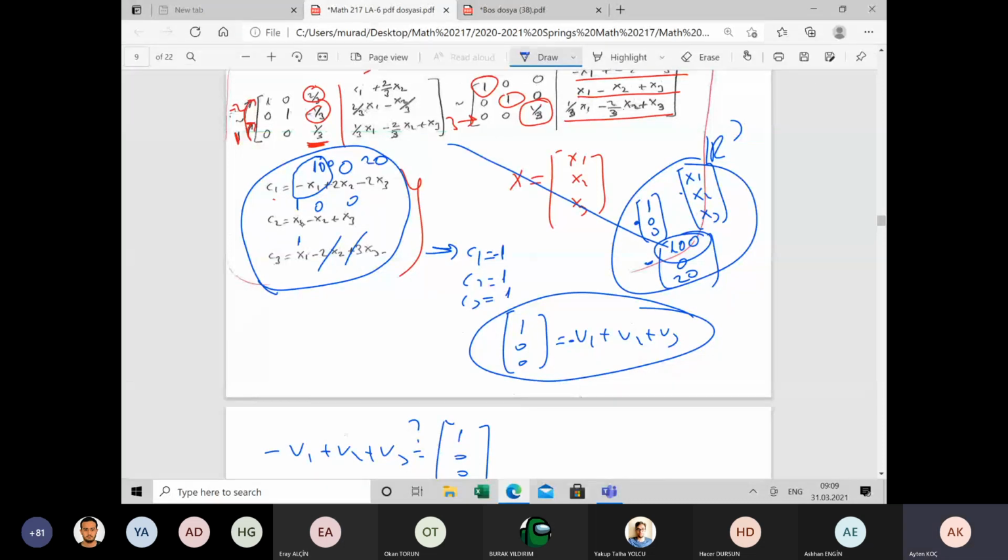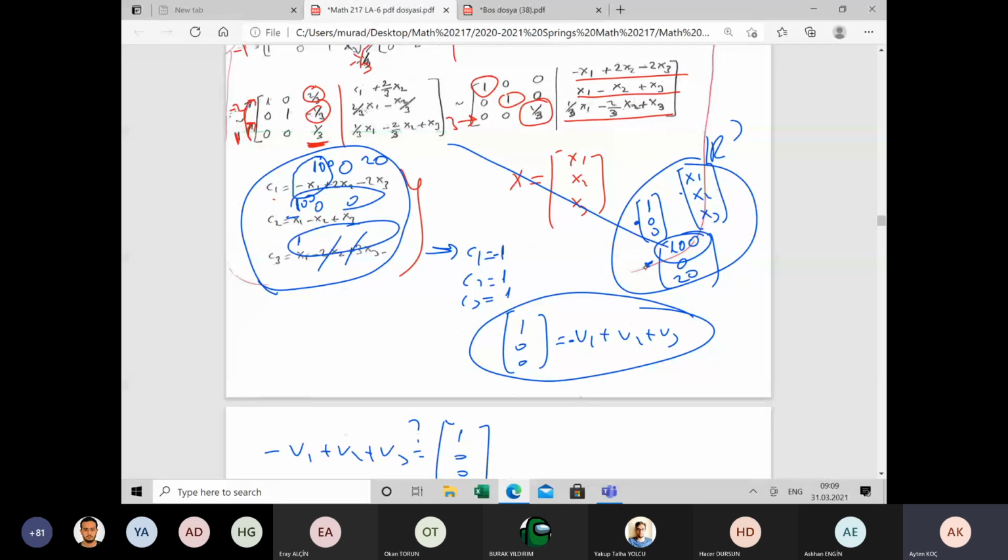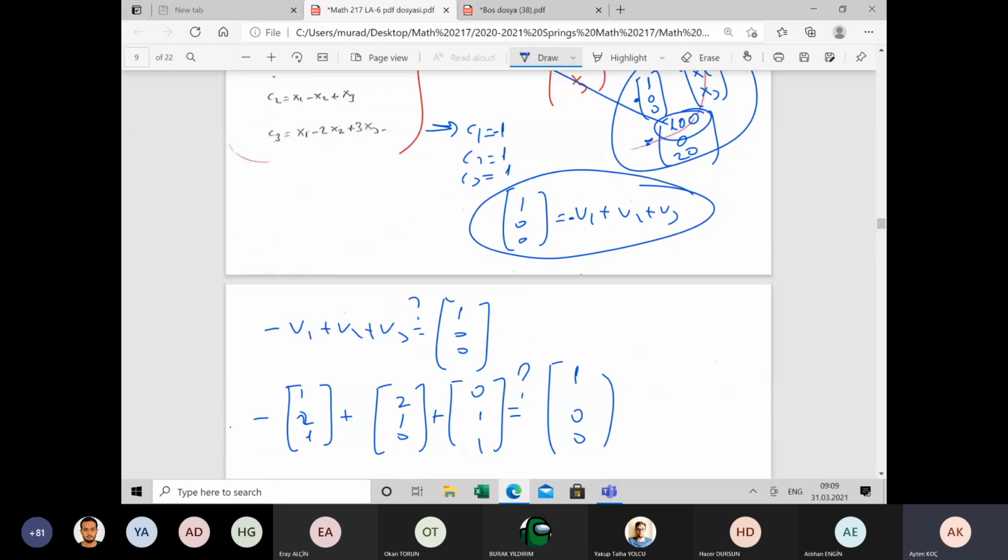So, we get the C1 and C2. It is possible to generate this one because our system has a solution. The solution depends on components of vectors. It's okay. You don't have to check this one, and our aim is to see that